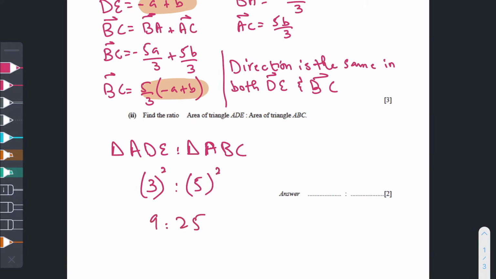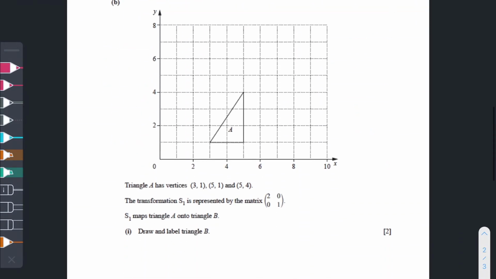That's the ratio of the area of triangle ADE to area of triangle ABC. So you write your answer over here, 9:25. The next part of the question says, they've given us a grid and the question reads, triangle A has